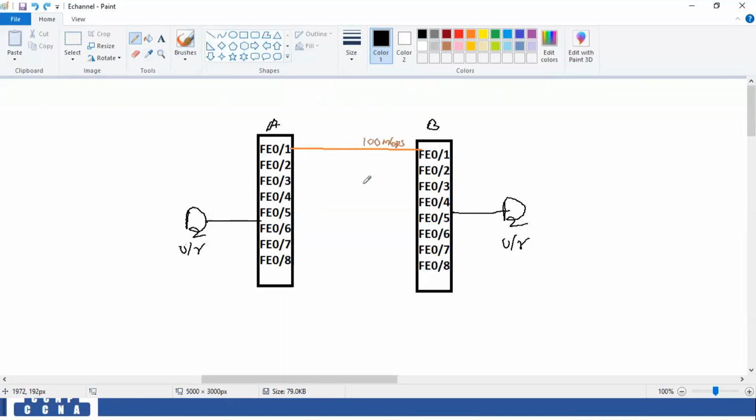To eliminate a single point of failure, a backup link is required. So I'm using one backup link from port number 2 to port number 2. Even the port number 2 link is Fast Ethernet, speed is what? 100 Mbps. So we call it a redundancy topology. When we have multiple links between the switches, then a loop will form. To prevent the loops, we need to enable a protocol called